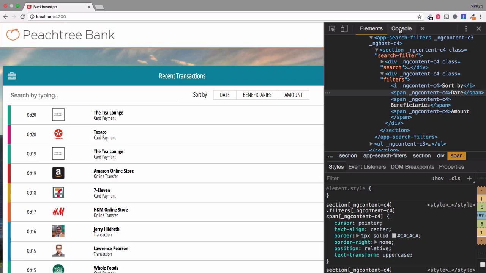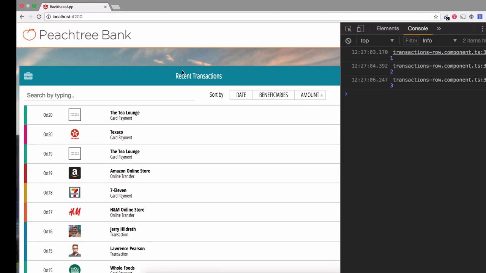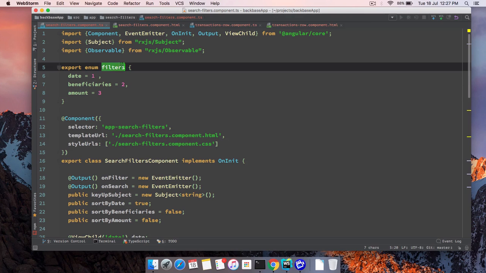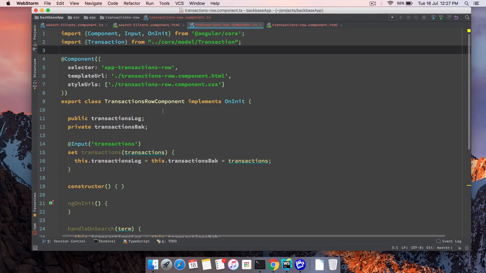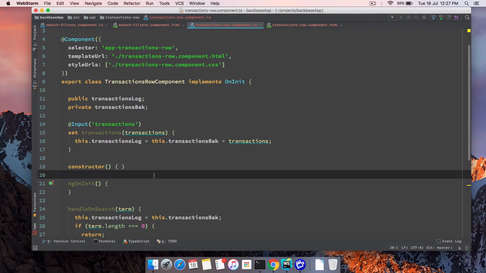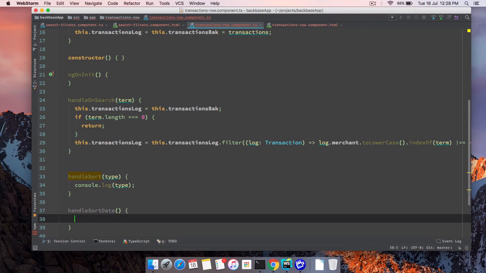And go to the console. Whenever I click on date, I get 1, beneficiary is 2, and amount is 3. So we have to map the enum that we created over here. I'm just simply going to import it inside the transactions row. For now, I'm just simply going to write a function called handle sort date. So whenever we detect that the enum is 1, we are going to trigger this function. So for now, let's just do a console log